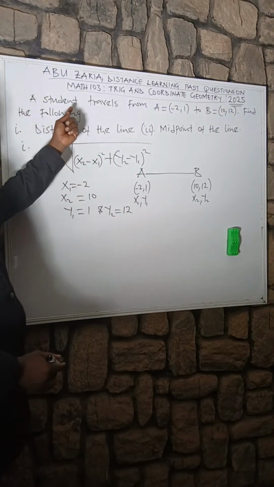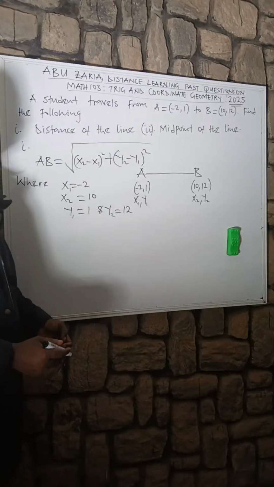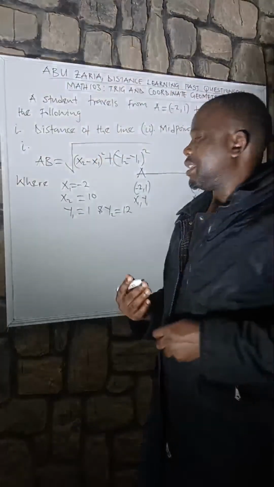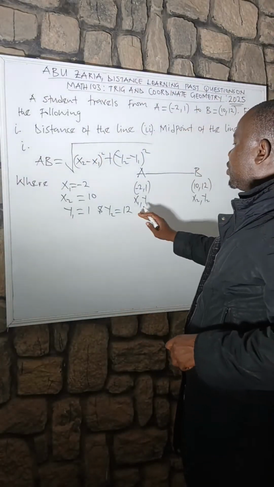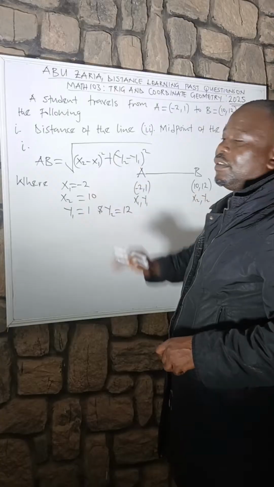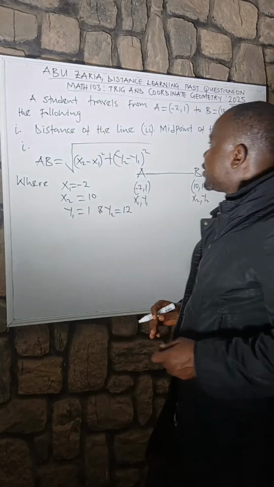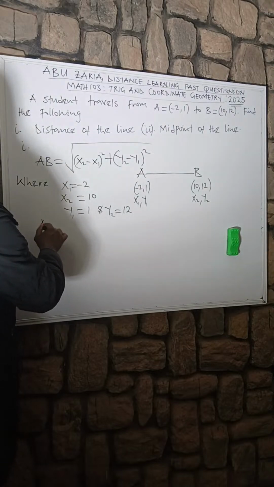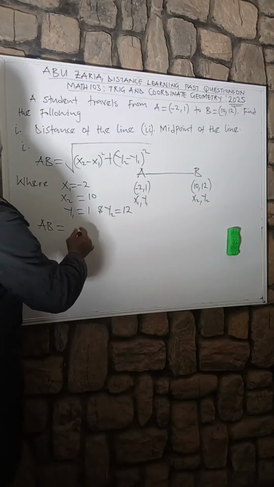To find the distance the student travels from A to B is as simple as ABC. We have to substitute this into the formula. So here our AB will be equal to